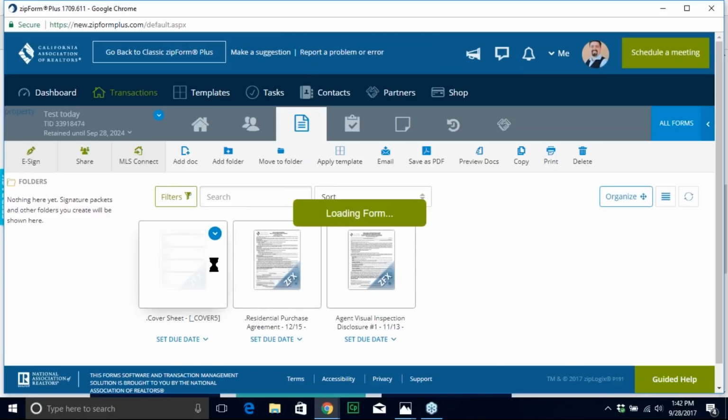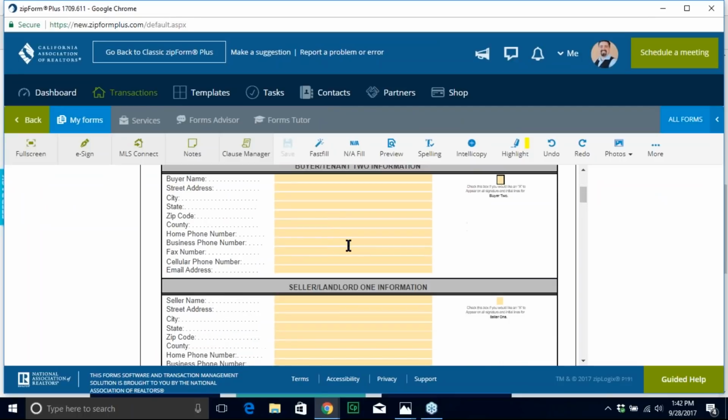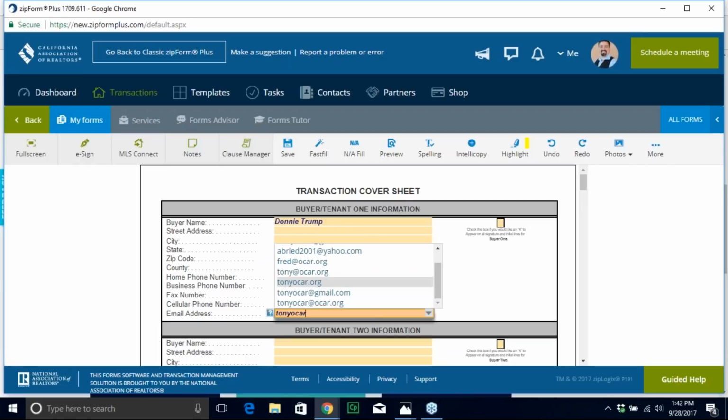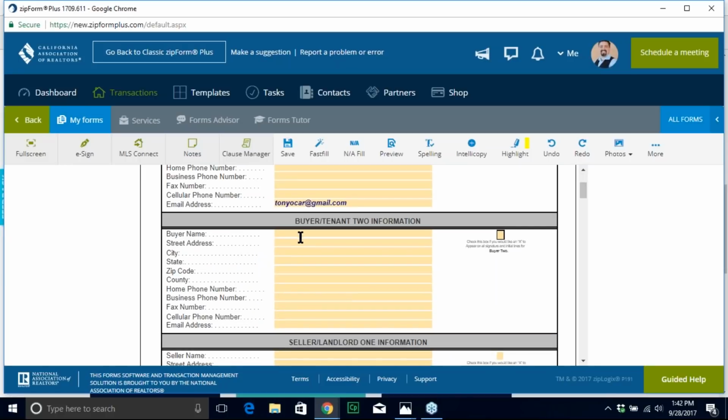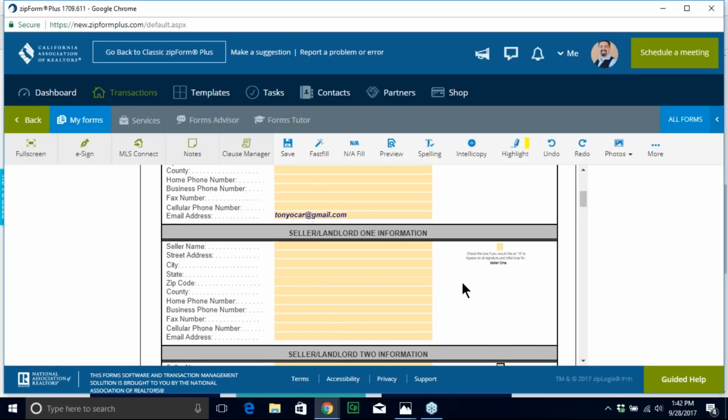So when I go into a contract, as an example, the cover sheet, we can scroll down on the cover sheet. By the way, the cover sheet has my client information. First name, last name, email address of my clients. As an example. But now when I go down to page 2,